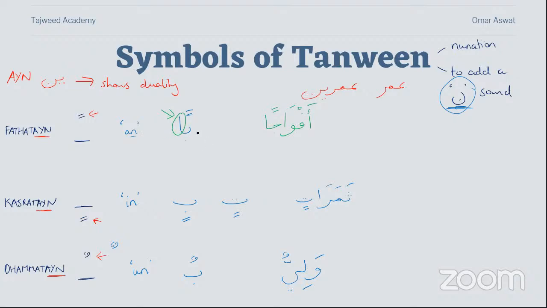Now, ban, for example, can also be ba, fatha ba, noon with a jazm. Jazm you'll learn very shortly, that you join to the letter before. Ban. Or it could be bin. Could be written like this as well. Or bun. So I hope that makes sense. Do we have any questions before we move on from symbols of tanween?